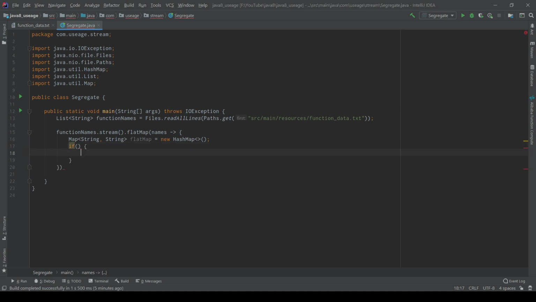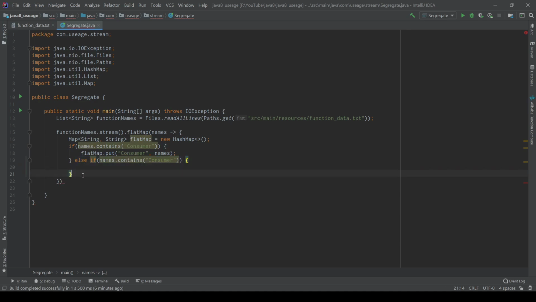If my name contains consumer, I will add that into the map as consumer comma the name. I have to do the same thing for all the strings.